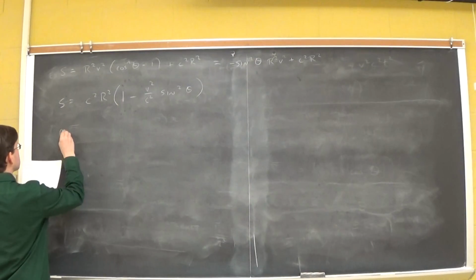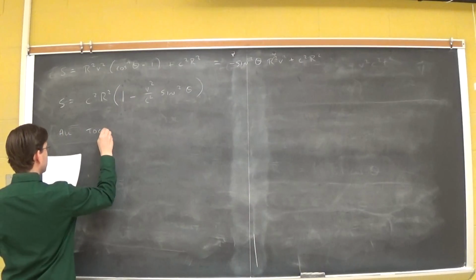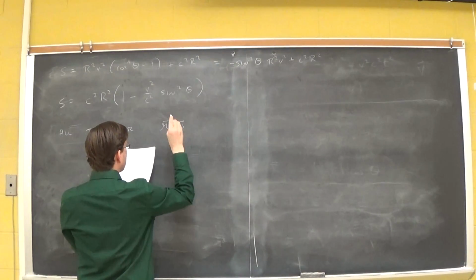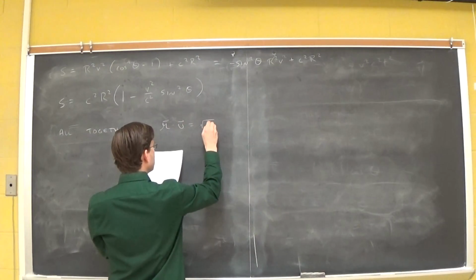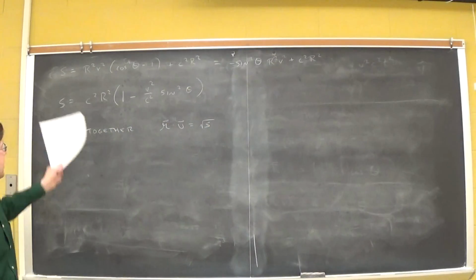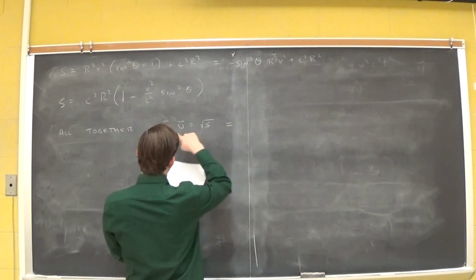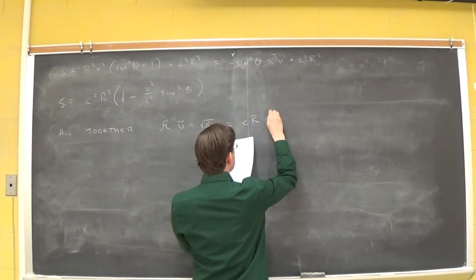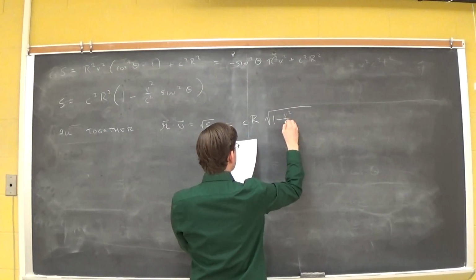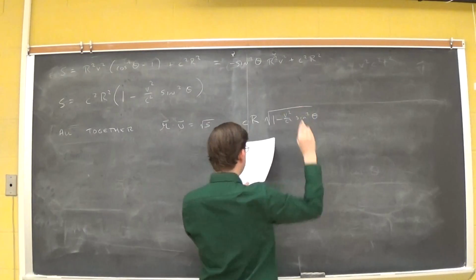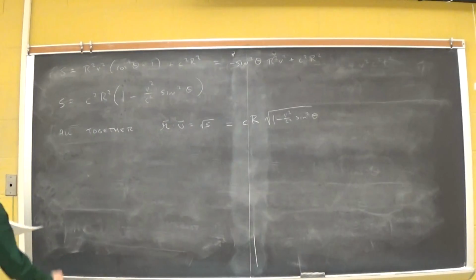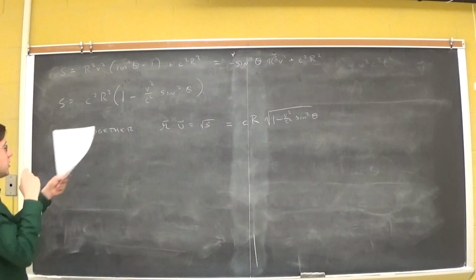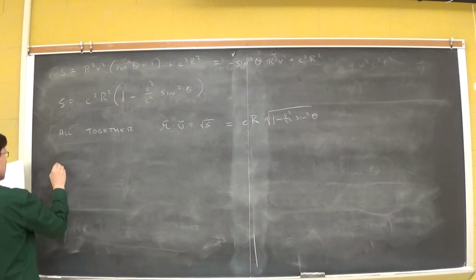Okay, so now we can start to build all of our pieces back together. So all together, we have that curly R vector dot u vector, we call this the square root of stuff S. Okay, and now we have our expression for S. So now we have that R vector dot u vector is just equal to c times capital R times the square root of 1 minus v squared over c squared times sine squared theta. All right, and that was the denominator of our expression. And then we have to cube that, combine it with the other parts in the numerator. And so in total,